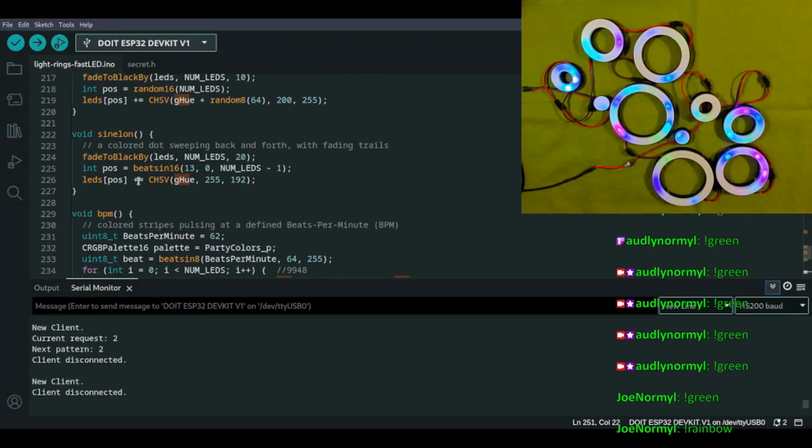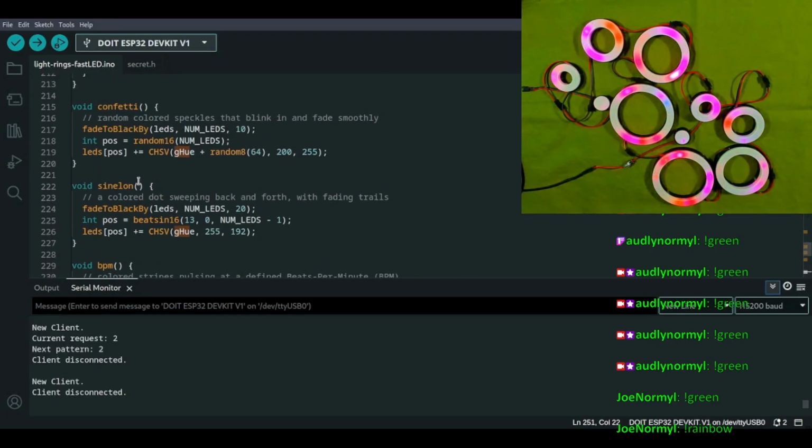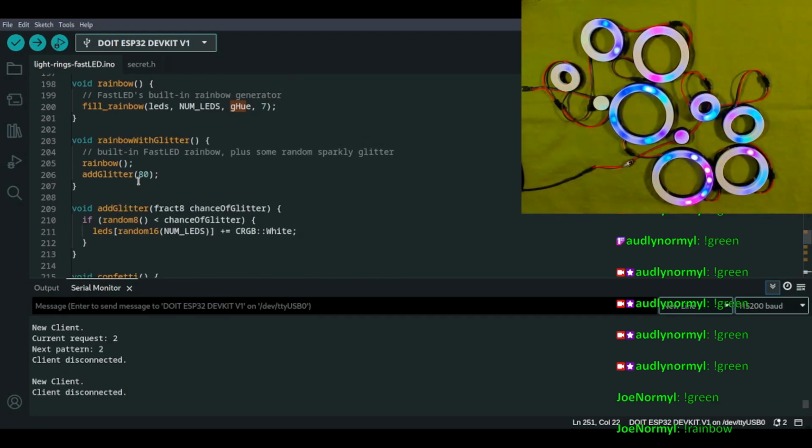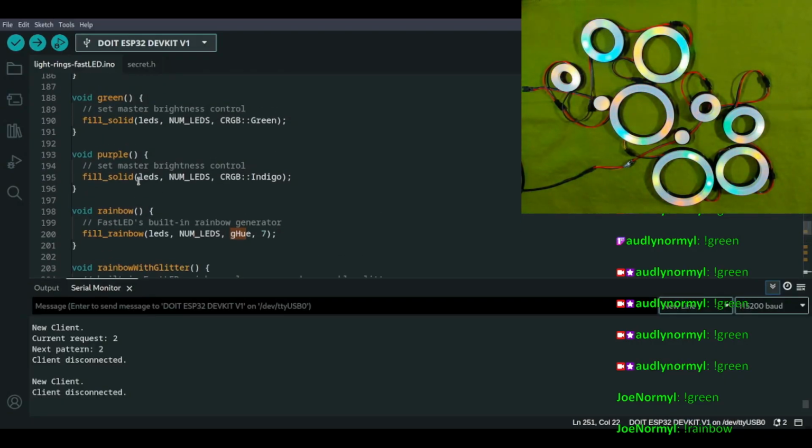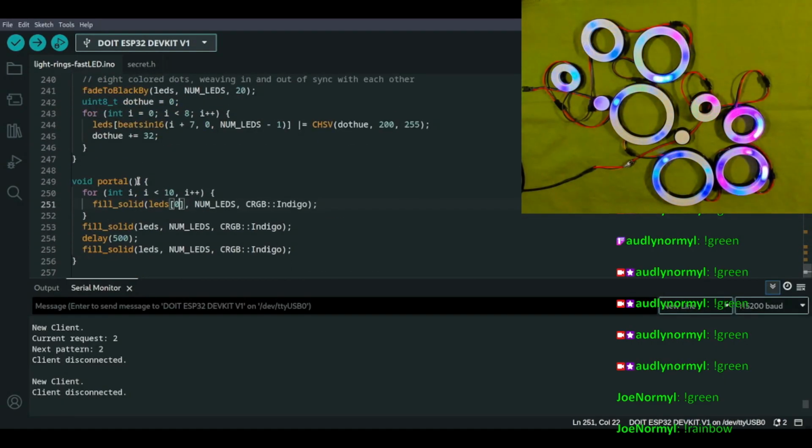So LEDs, we want to have 10 of them, like the first 10 of them change at once. Like you want to define each ring, how many pixels it has, right? Right.